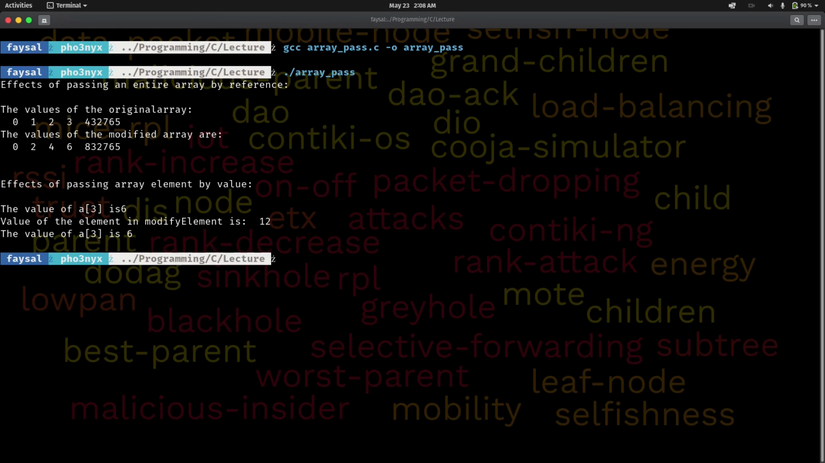So we have it: the effect of passing an entire array by reference. We have an array 0, 1, 2, 3. The values of the original array are 0, 1, 2, 3. The values of the modified array are 0, 2, 4, 6. The effect of passing an array element by value is okay. So I don't know this